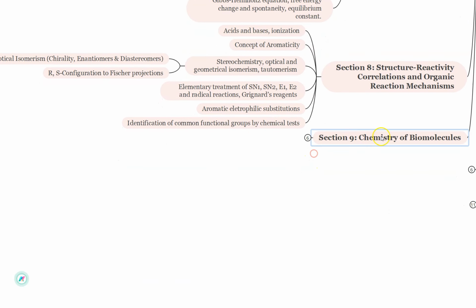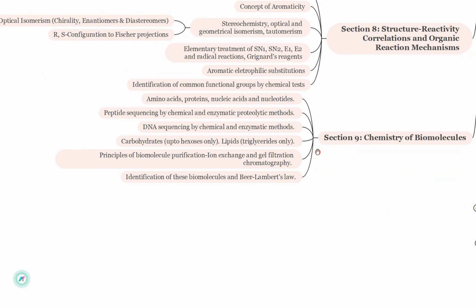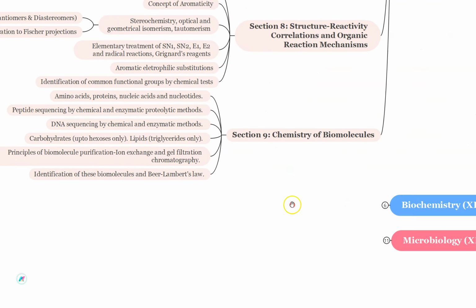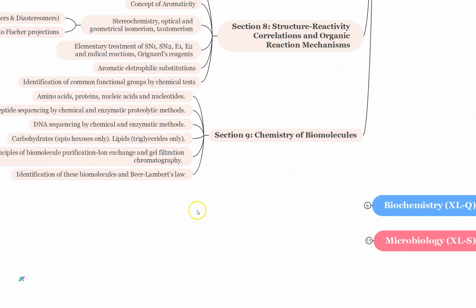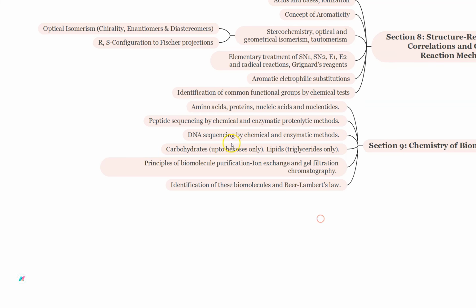The last section, chemistry of biomolecules, is entirely important because this entire section is the biochemistry part, which you will have to study anyway if you are opting for the biochemistry paper. The topics that you should cover here are amino acids, proteins, nucleic acids and nucleotides, peptide sequencing by chemical and enzymatic proteolytic methods, DNA sequencing by chemical and enzymatic methods, carbohydrates up to hexose only, and lipids, triglycerides only, principles